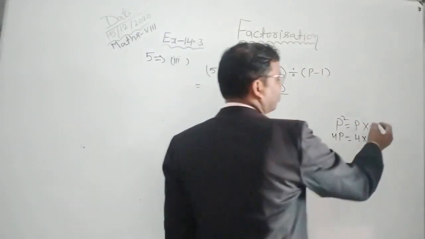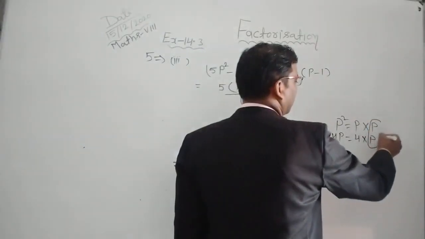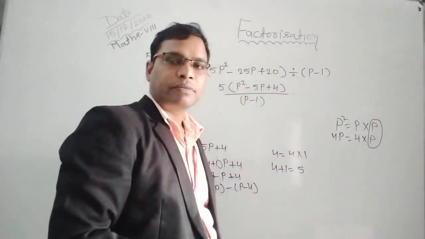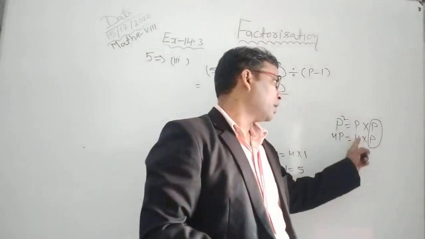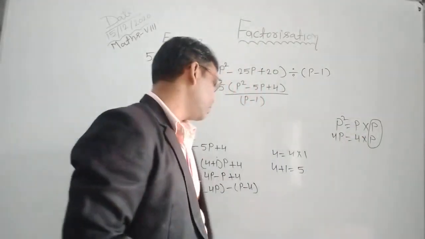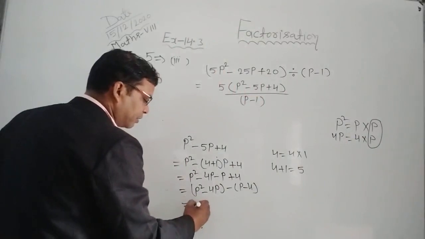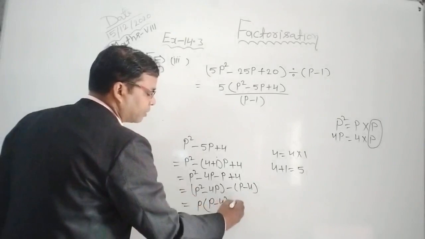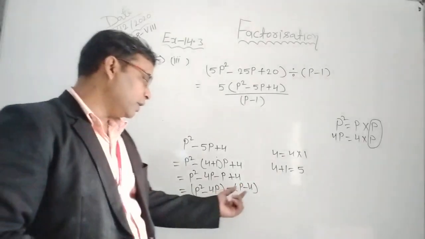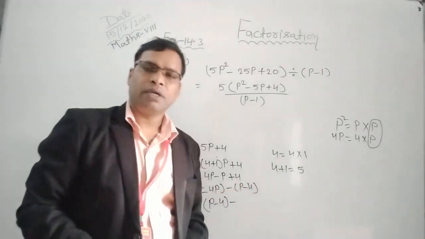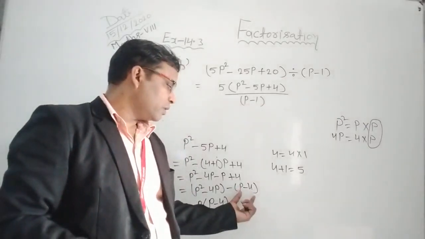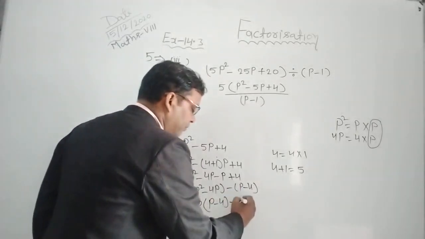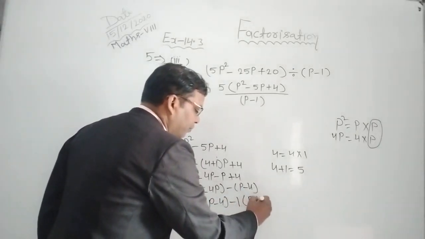So we express 4p as a product of irreducible factors too. You can see in both terms what is common. Obviously, p is common between them. So after taking p common, we get p minus 4. And in the second group, minus p plus 4, we write minus 1 common, so we get minus 1 into p minus 4. What is common between them? Obviously, you can see there is no common factor except 1. So we take 1 common as a factor of p minus 4.